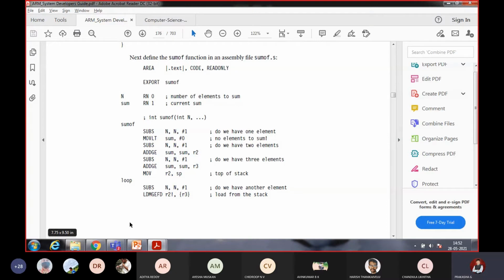It is like n is one variable, sum is another variable, and we are going to subtract from n. Initially the sum is 0, then we keep on adding the n value: first one, second one, third one, fourth one, like that. Each one we add and check. To count how many numbers, n has to be subtracted. It should become 0, and once it becomes 0, it will stop executing. There are so many instructions given over there. One by one we'll check them.